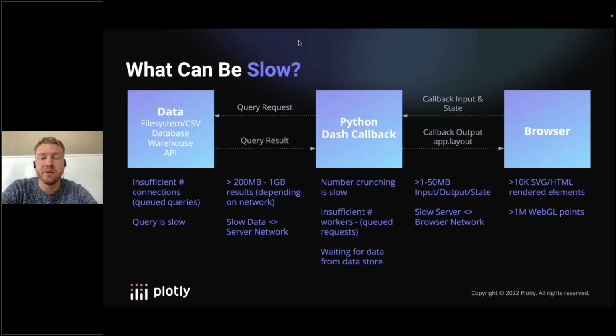And then let's think about the browser to the Python Dash app network transfer. This is happening over the callback inputs and outputs. The data that's getting passed into your function as function arguments is coming from the web browser, so it's transferring over the network from the browser to your Dash code. And whatever you return from your callbacks is getting sent back up to the browser. The performance here is going to depend a lot on your network, how close you are to your Dash application web server,